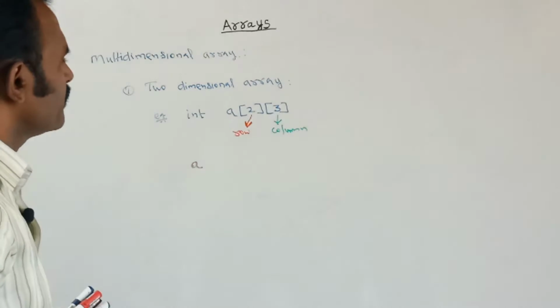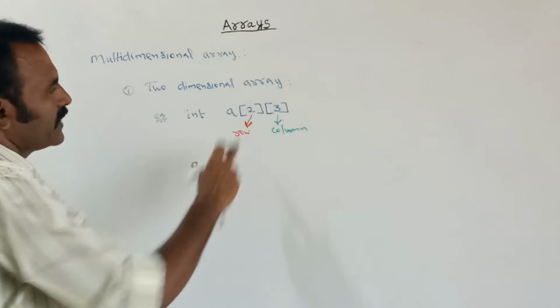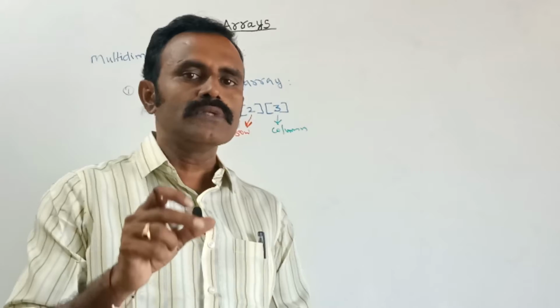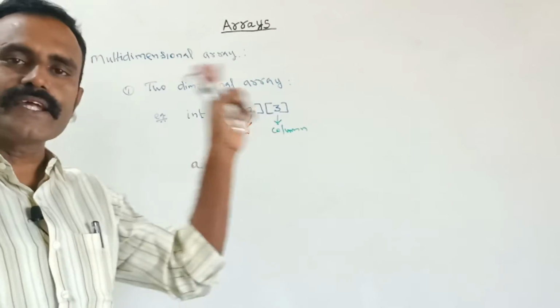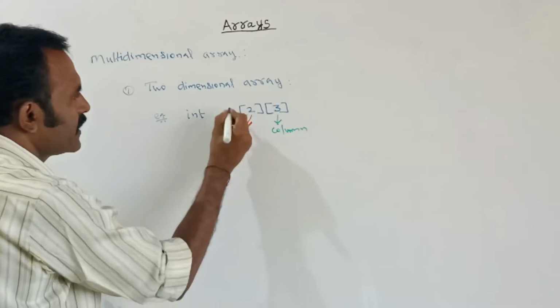How are the elements stored inside the variable a? Here it has 2 rows and 3 columns. So how many elements can we store in total? We can store up to 6 elements, because it is 2 rows and 3 columns. Here, the variable name is a,